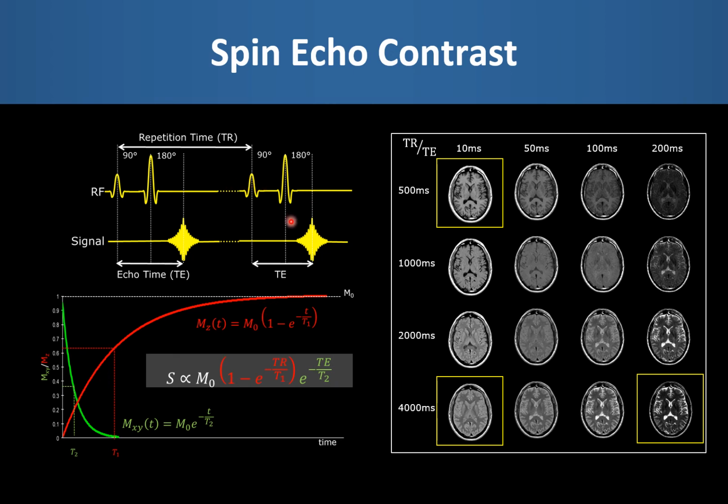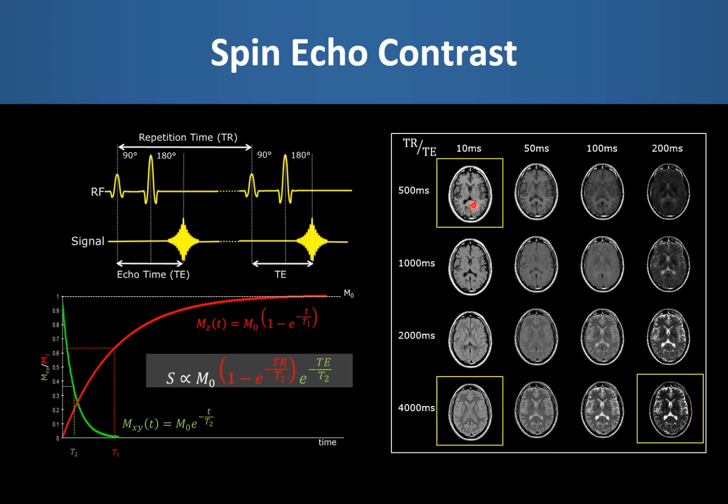And if we are looking for a T1 weighted image, then we ideally want our echo time to be as short as possible to minimize any T2 decay. So a TR of approximately 500 milliseconds with a TE of about 10 milliseconds will give us what we clinically call a T1 weighted image, where the contrast in the image is in proportion to the differences in the T1s